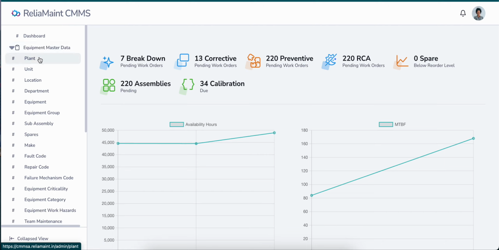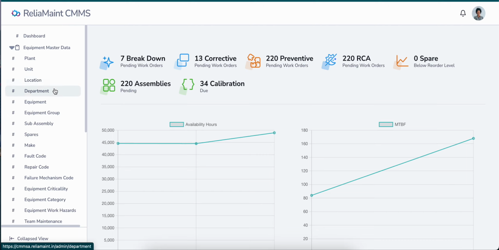Starting with the plant, which is the highest hierarchy within the organization. Under the plant, there are supposed to be some units. Further, we can have some locations. So at the unit, plant, department, or even at equipment level, we can assign the location.